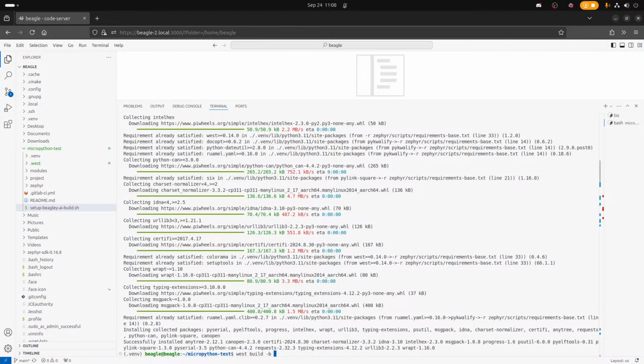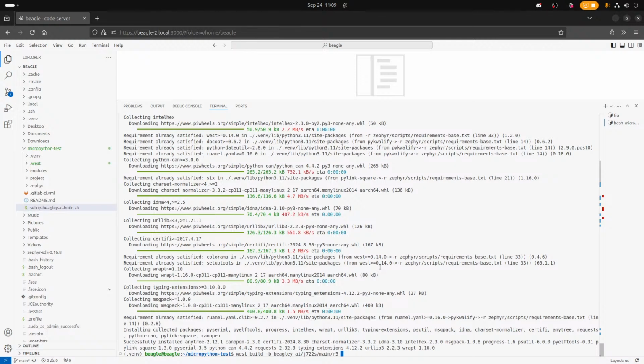West build -b, and then it's BeagleY underscore AI /J722S. I don't know why that's not AM57. And is there an underscore there? Yep.